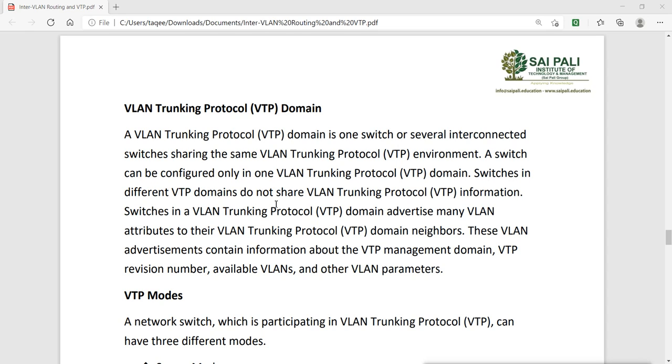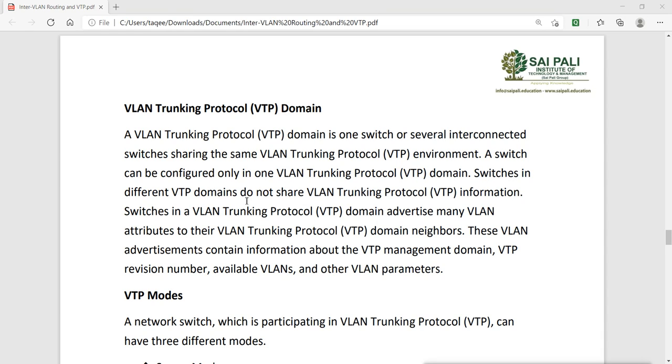Then what you can do is use the VTP protocol. What does VTP do? It creates a domain for the switches, and in that domain we have one switch as a server and the other switches as clients.